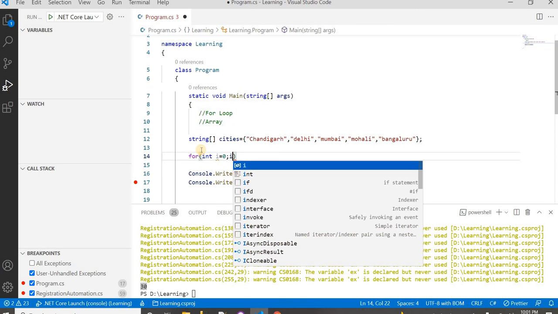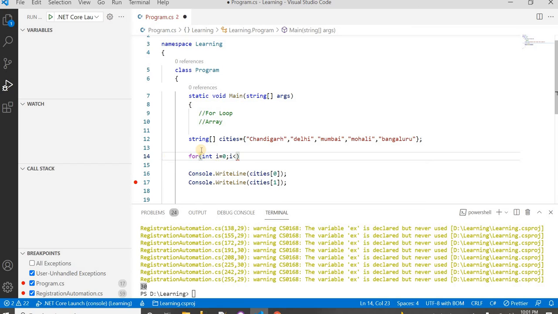Then I'm saying i less than, let's go with less than, cities dot length. So what will be the length? Length is starting from 1 instead of 0. Index is starting from 0. So length will be 5, because 5 elements are there inside the cities. And i plus plus.